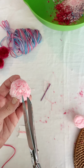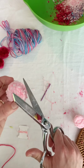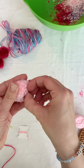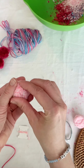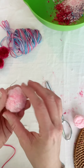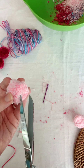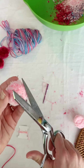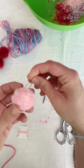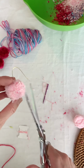So I'm not going to go up into that, but I'm just going to trim around it. And you can push that in a little bit. I don't know if you can see, I could see my little threads. I don't want to cut those, so I just kind of smushed them in there. Though that looks like yarn and not threads. Okay, fluff it out a little bit. And now I'm just sort of fixing any